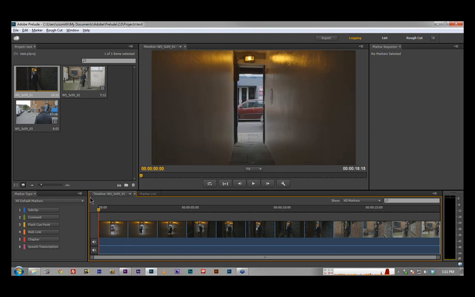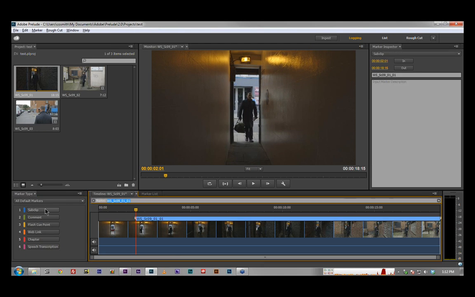So wherever this is playing, you'll see on the left-hand side I've got 6 different markers. This is something that you can update, so you could create your own marker set inside here, and I could create a subclip. Click on number 1, and you can see the name is showing up inside here, and I could override that. I could just start typing